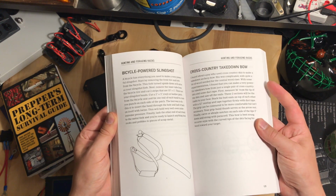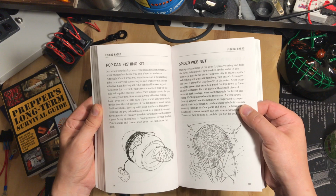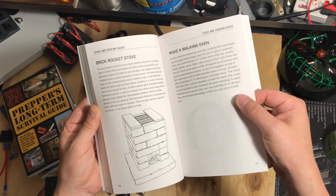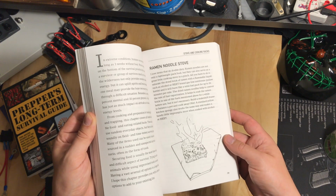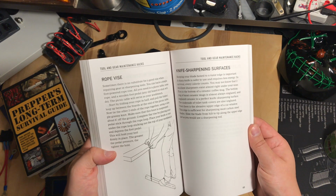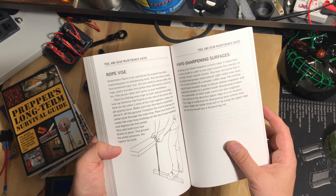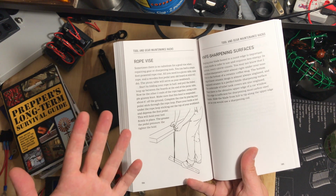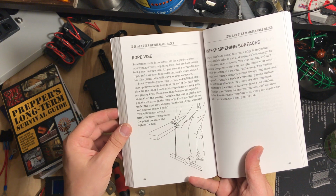But yes, as you can see, the pictures are pretty simple. They're almost like diagrams, even though they're a little bit like simplified versions of photographs, like they would have been drawn over photographs. But yeah, a lot of these are just very simple things to do. Each page just describes, so it's not really a proper step-by-step guide. As you can see here, on the topic of a rope vise, it's just explaining how you would go about doing this. It's not a step-by-step guide, even though it says start by, but it's more of an abstract,